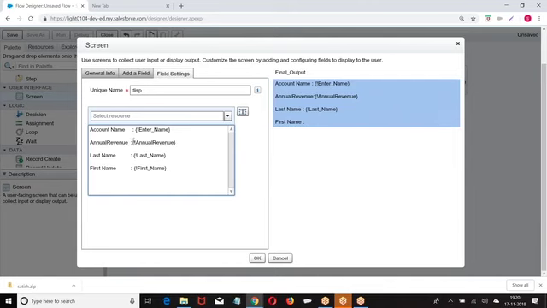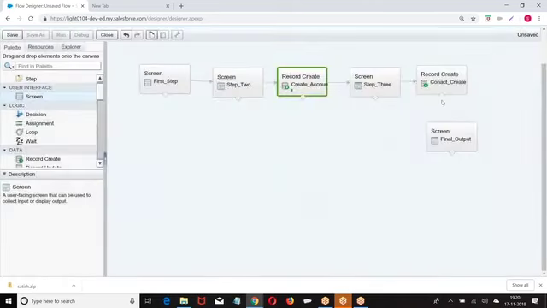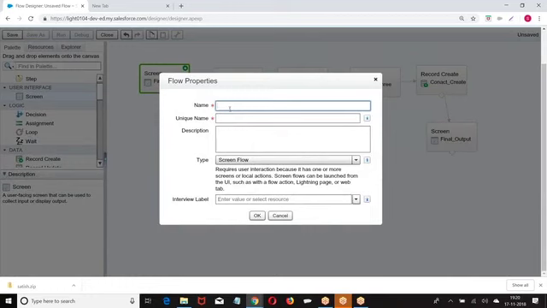We got the data. Now in this flow, what is the first step that I have to click on? Green button. Click on the green button, that becomes the first step. Save it. Account flow 1.